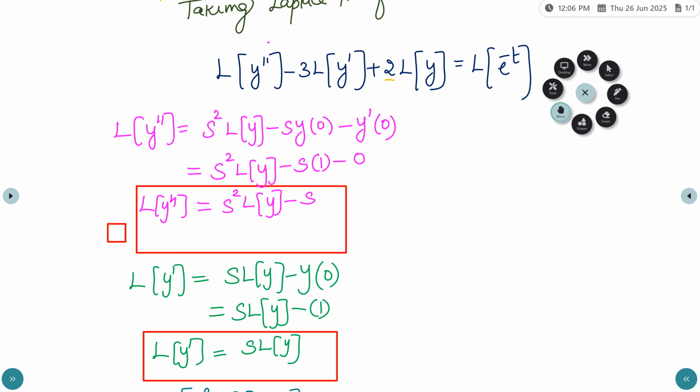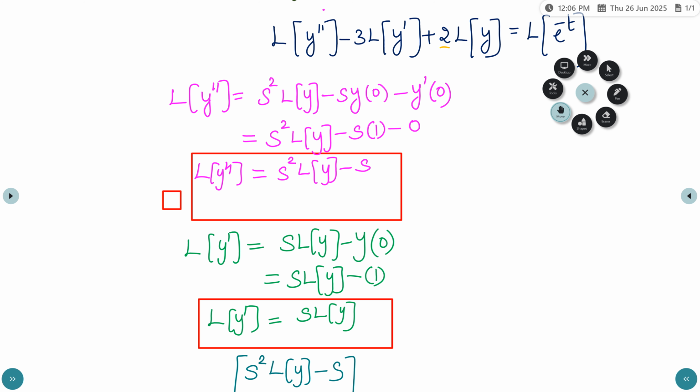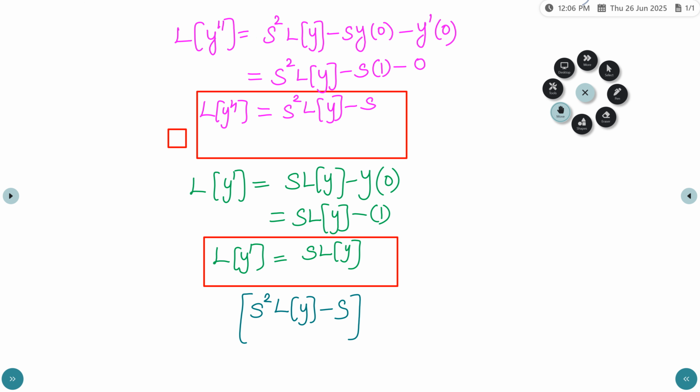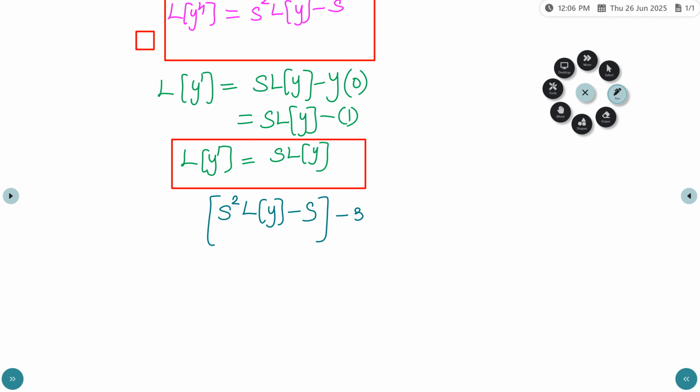So here L of y dash, L of y double dash, over, then minus 3 is a constant. Here minus 3. So here plus 2 is a constant. Then in our given problem, we can proceed like this. Minus 3. What is our formula here? S into L of y. S into L of y plus 2 is a constant. So 2 is treated as a constant, 2 into L of y equal to,